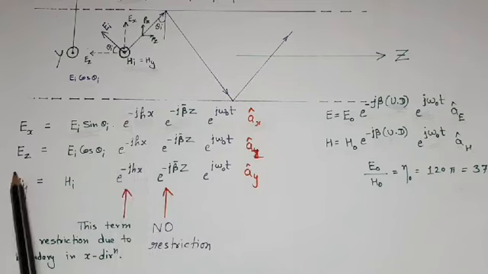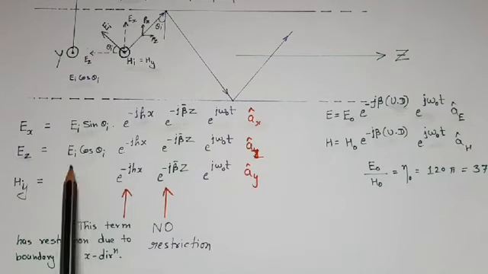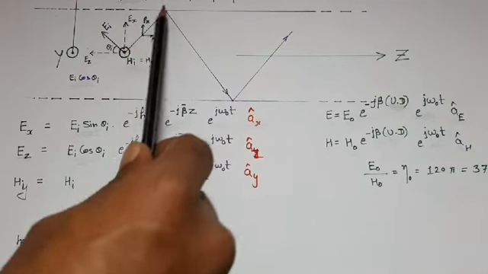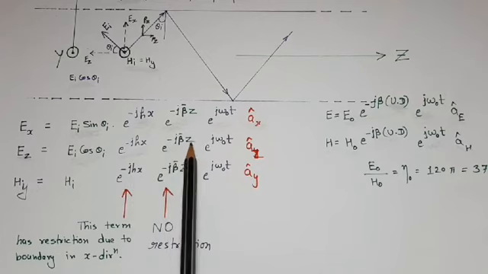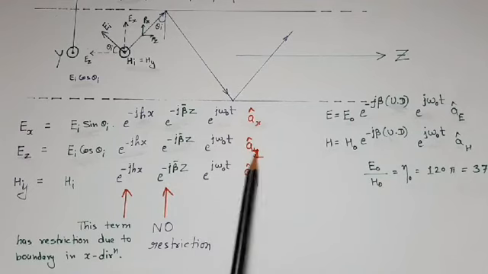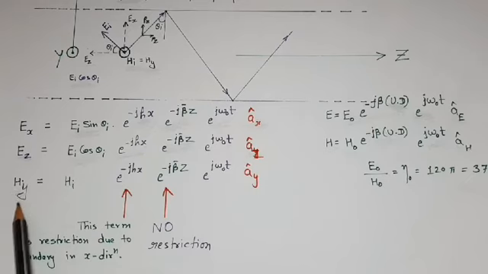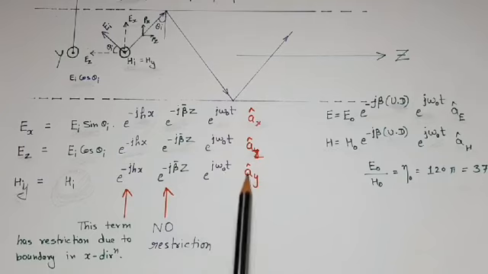Now we write expression for Ez. Now in Z direction the component is Ei cos of theta I, so we write Ei cos of theta I. This is amplitude term, because this component is also moving in X and Z direction, so e power minus jhx, this is for propagation in X direction, and into e power minus j beta bar Z, this is for propagation in Z direction, into time varying term and into Az cap. Now we write Hy component, because Hy do not have any other component, so it remains Hi into same terms, because this component is also moving in X and Z direction, into time varying term into Ay cap, because this component is in Y direction.